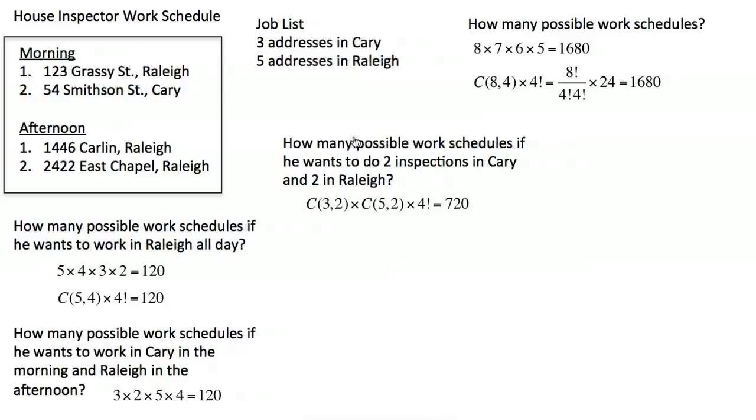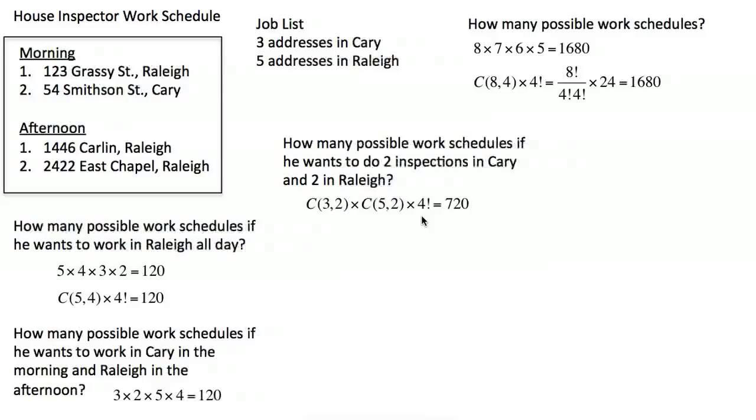Let's approach this by first picking which 2 of the 3 Cary addresses will be visited, and then picking which 2 of the 5 Raleigh addresses will be visited. So we have to pick 2 of the 3 Cary addresses, 2 of the 5 Raleigh addresses. We're counting the number of ways to pick the Cary addresses, the number of ways to pick the Raleigh addresses, and then once those have been picked, we've got the 4 addresses picked, and it's just a matter of counting the number of ways to line those 4 addresses up in the 4 spots, and that can be done 4